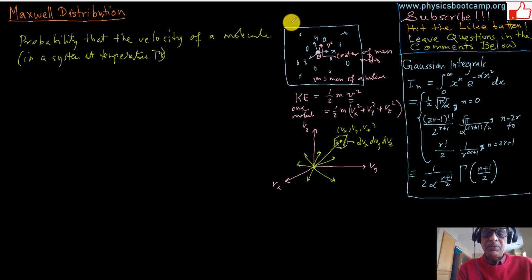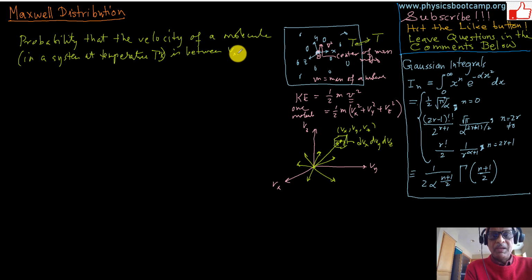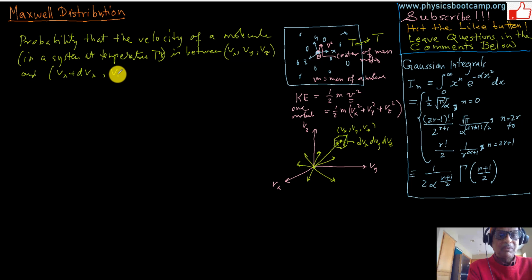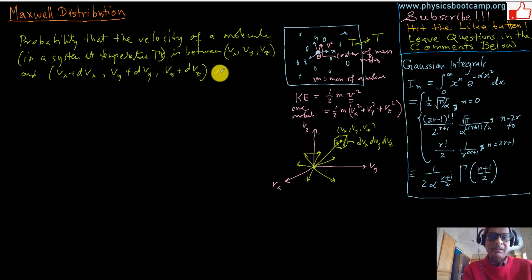Okay, so you can imagine the outside temperature is T and inside temperature is T, and it's thermal equilibrium. Velocity of the molecule is between Vx, Vy, Vz, so these components, and Vx plus dVx, Vy plus dVy, Vz plus dVz, okay, is